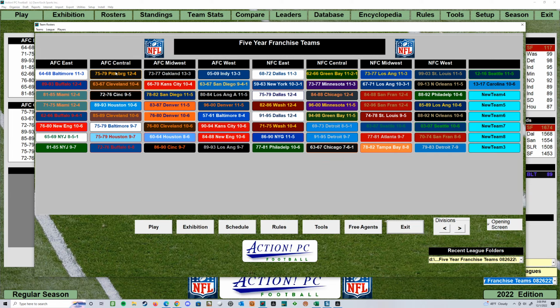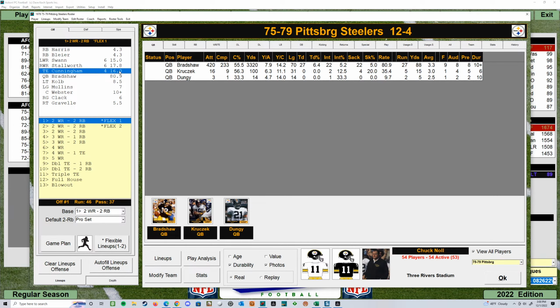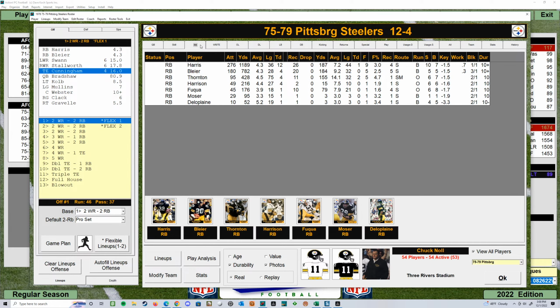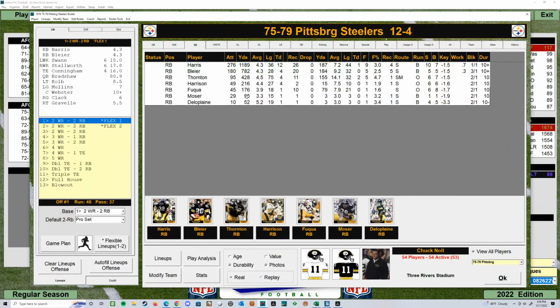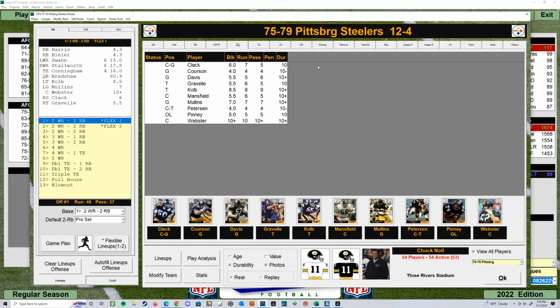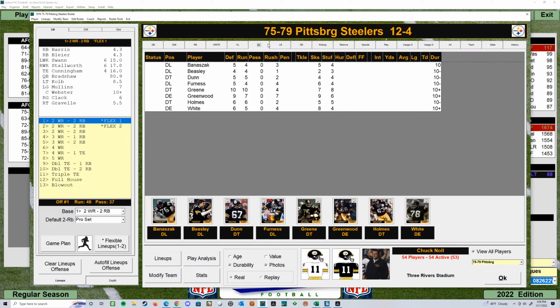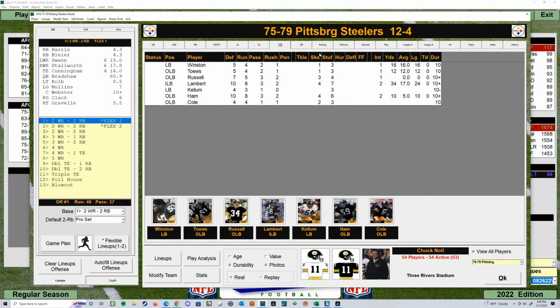So guaranteed this team's there, right? 75 to 79 team. And again, these are all based on their best 2 consecutive years. Got the skill players here. Go by running back, Franco and Rocky Bleier. I've created the pictures for these and got them in there. I think I've got the Cowboys and maybe about 8 of the teams fully done. When you've got 50 players on a team, it's like, forget it. It's going to be forever to get these done. But definitely a good team here. Look at the O line, the defensive line, linebackers, all good stuff.